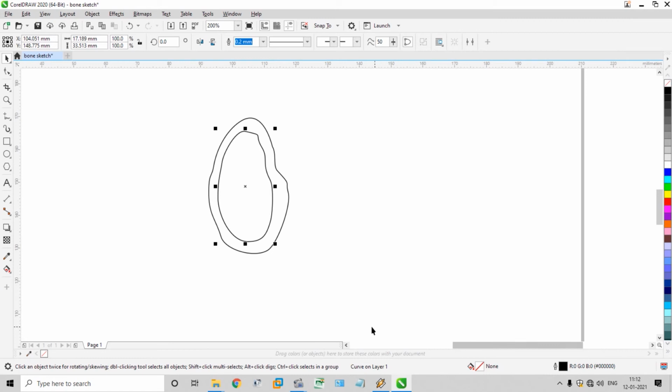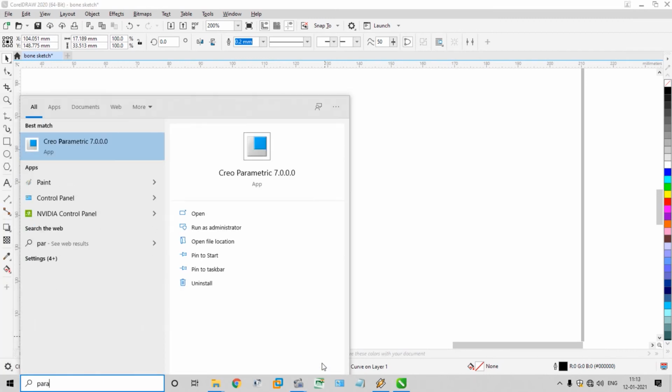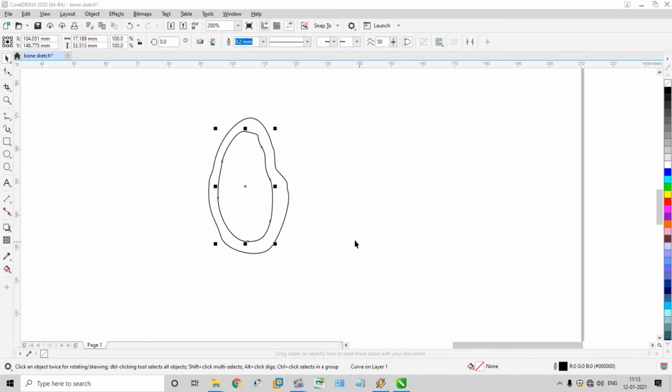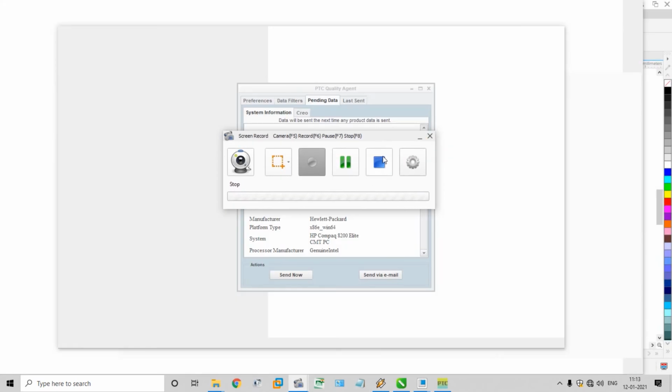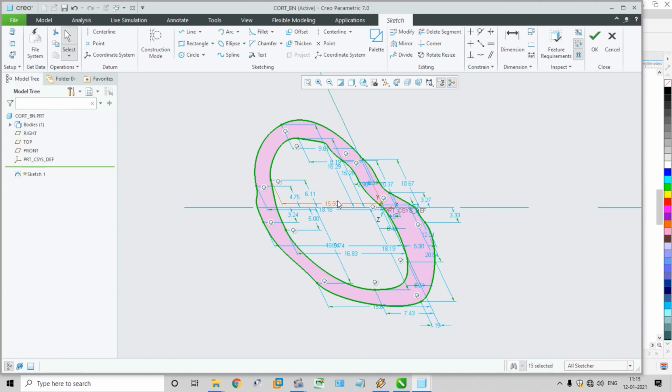Oh sorry. Slide was placed. Okay, these are the dimensions.